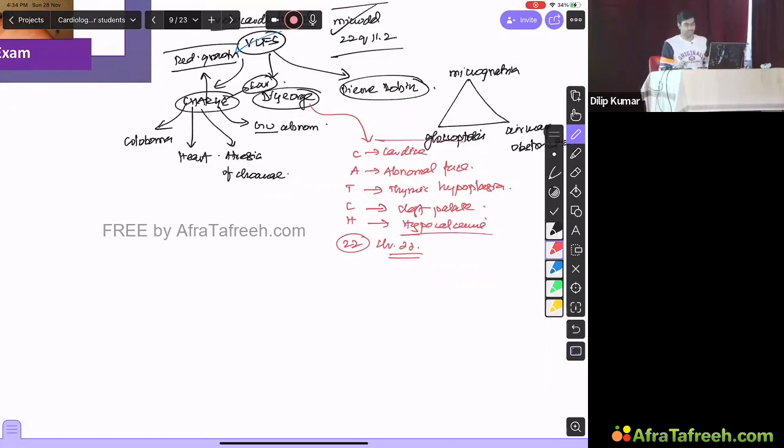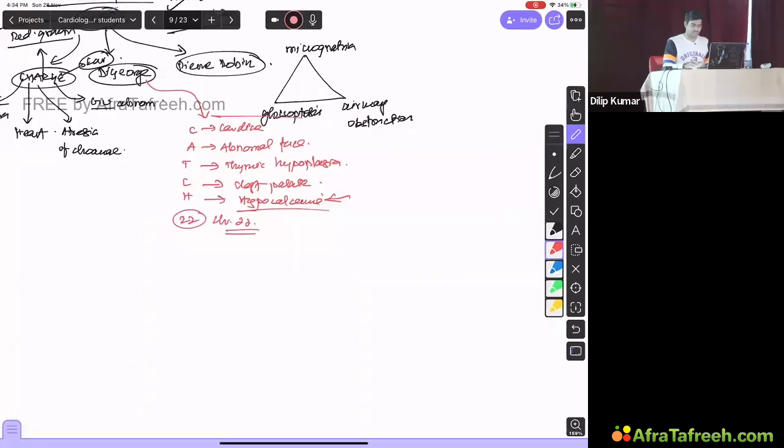Hypocalcemia. Because your cells that secrete calcitonin, that is your C cells of the thyroid gland, they also arise from the third and fourth arch only. So that is the reason, because of the abnormalities of the third and fourth arch, they may have abnormal calcitonin metabolism. Because of that, they can have hypocalcemia. That's what is believed to be. And parathyroid hormone levels will be low. More than calcitonin, parathyroid hormone levels will be low. Because of the low PTH, they tend to have hypocalcemia. Because parathyroid hormones also tend to develop from